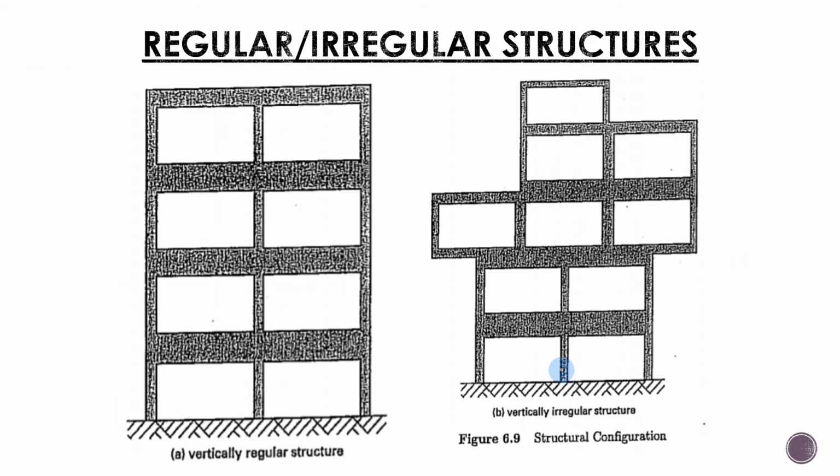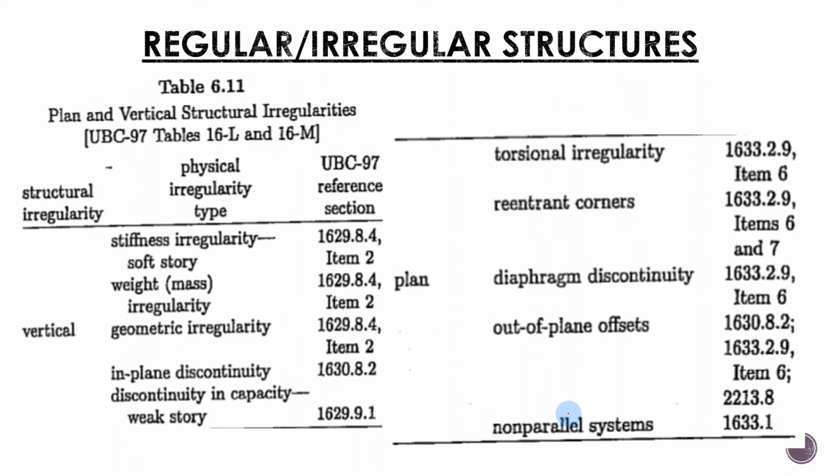So vertical regular structures, straight lang. Then mga vertical irregular structures, so naa may mga buildings siguro na ani, so inyuhan ng research nito. Then in table 6.11 or sa UBC 97 table 16-L and M, plan and vertical structural